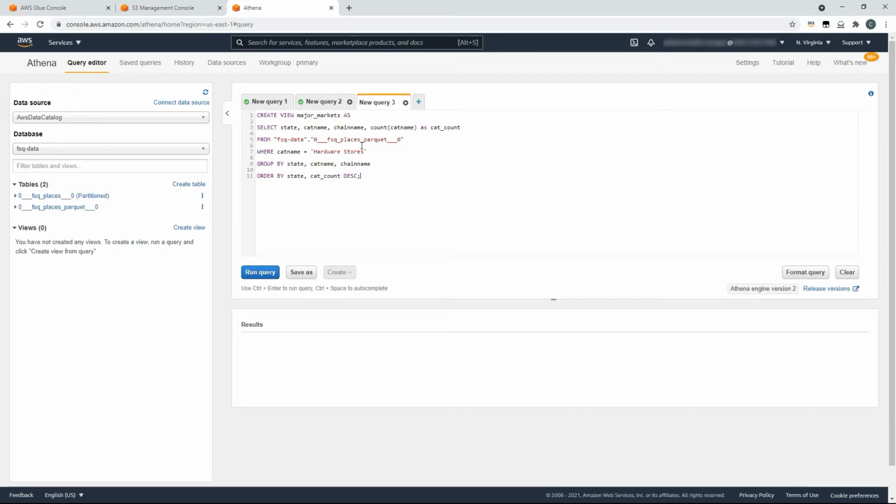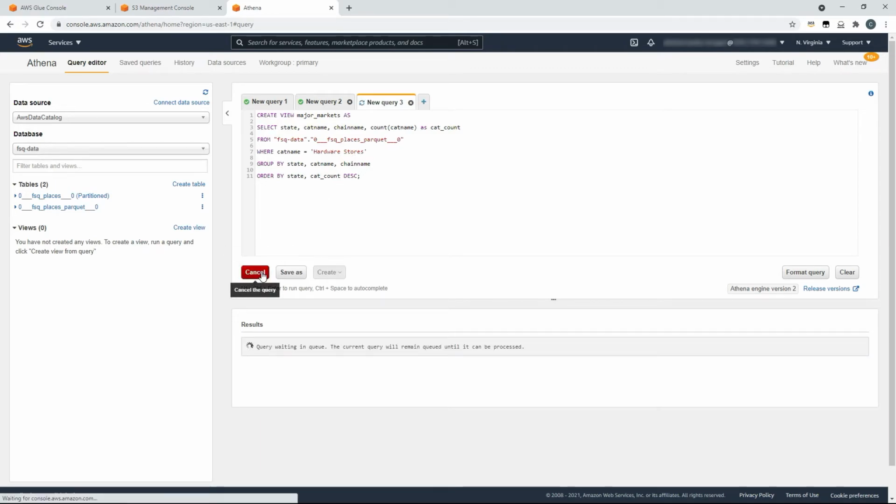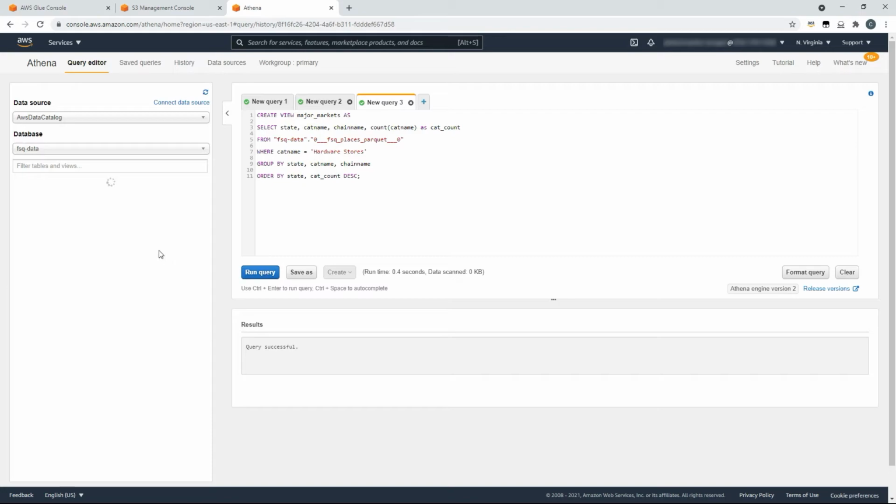and it's basically focusing on hardware stores. It's going to provide us information about the different stores within states and whether or not they're chain or mother and father type businesses. I've chosen hardware stores just as an example here. If we run this query, you'll see that creates a view over here on the left, and if we select